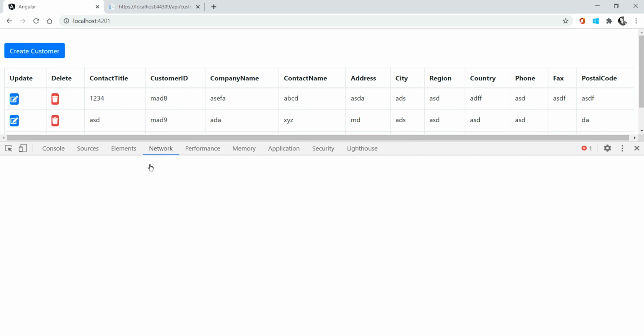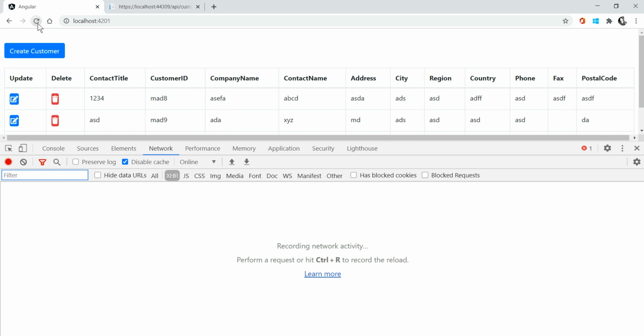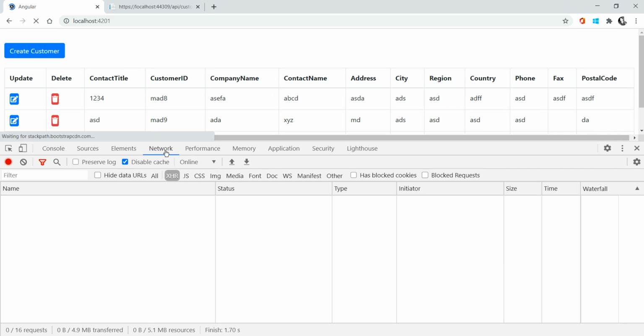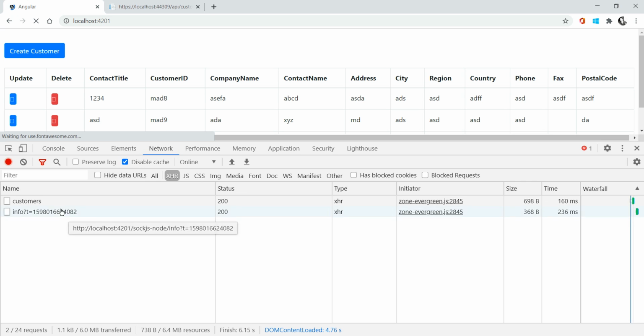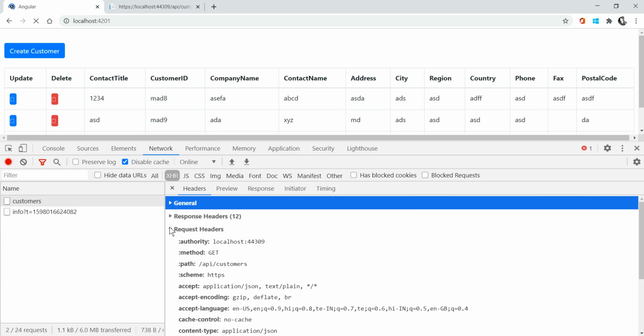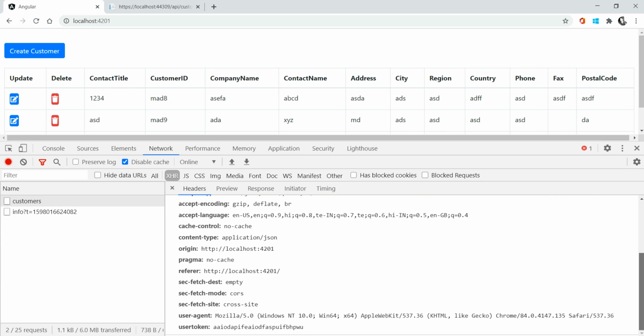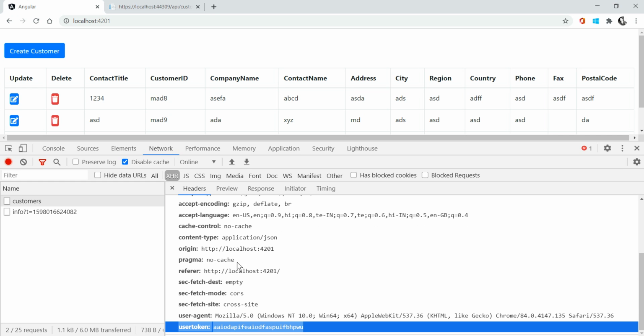Now refresh and see each and every request in the network tab. Go to customers, and under the request header section you can see the content type application JSON and the user token. These two headers I am handling from the interceptor.